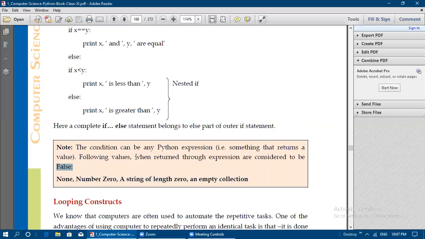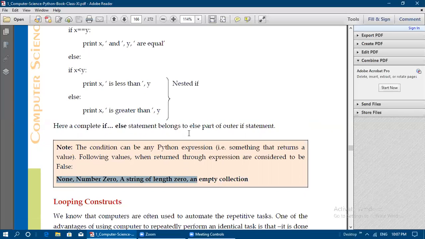The following values, when returned through an expression, are considered to be false.